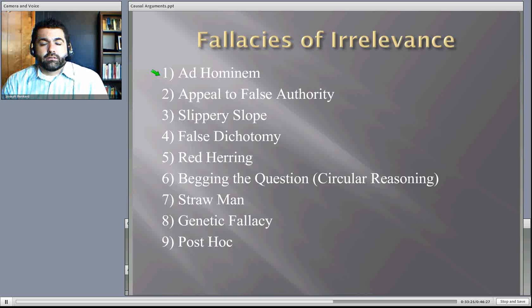Next, appeal to false authority. Oh, I'm sorry. One other thing I wanted to say briefly. People often, in certain classes, want to dismiss Plato or Aristotle or others because they're not Christian. So it's essentially like, well, Aristotle is a pagan, so everything he said is false. That's an ad hominem fallacy. You can't write off these people simply because they're not Christian or they had a different religious tradition.